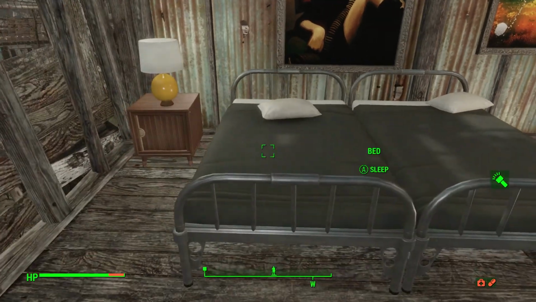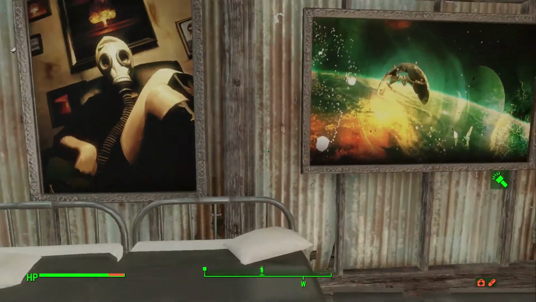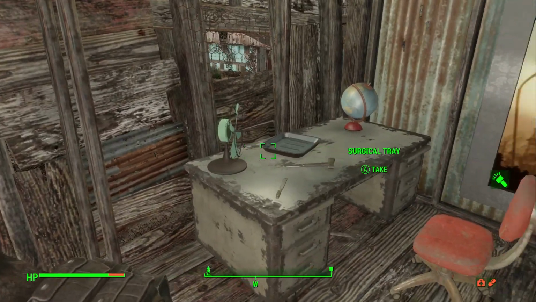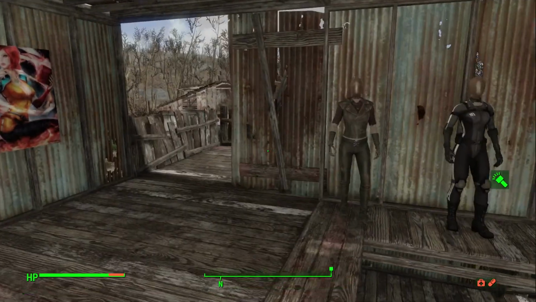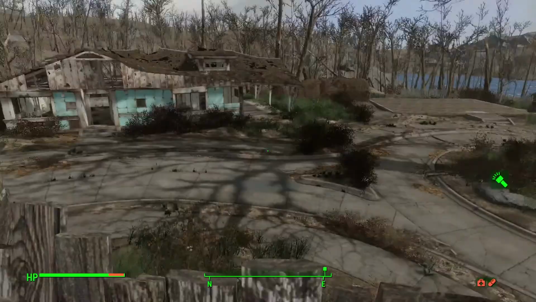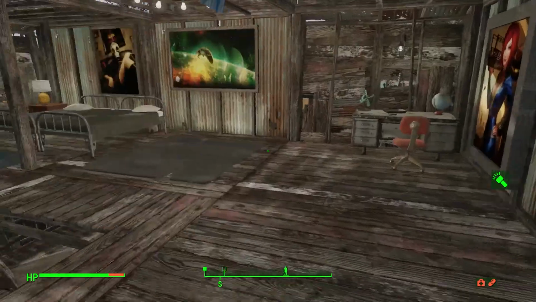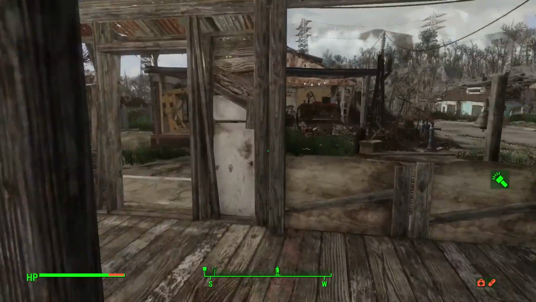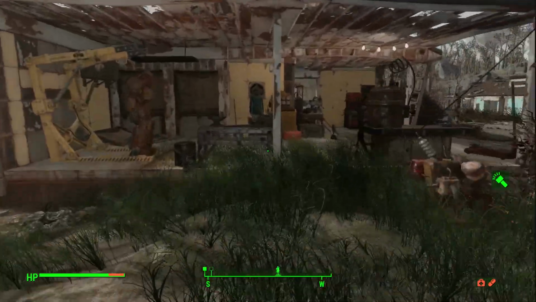Interesting picture here over the nice comfy beds with the comfy pillows. We've got a second comfy pillow. I'll tell you where we got that from in a moment. Set up a little desk area, bit more art. Nice balcony overlooking the arse end of Sanctuary. So, apart from that, we're pretty much ready to head out to Diamond City, and there's a good reason we need